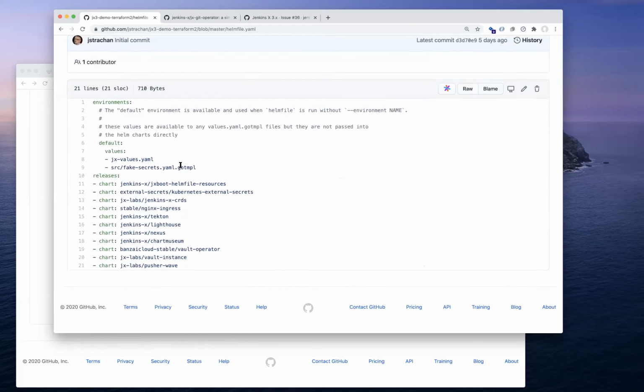The Helm file has a bunch of default YAML files, which are passed into Helm as values files. And then these are all the charts that are included by default. So there's a bunch of resources. There's something called external secrets. There's a bunch of CRDs, there's Nginx, there's Tekton, Lighthouse, and out of the box, Nexus, ChartMuseum and Vault